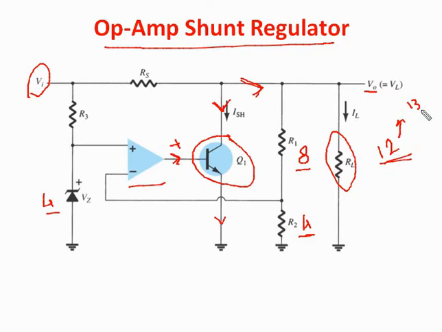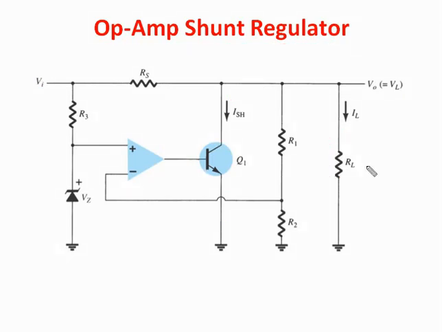Because the current IL is reduced, the voltage drop across the resistance RL, or load, is decreased from 13 volt to 12 volt. So here we get a constant 12 volt. Suppose we consider 12 volt as the required voltage, but it is decreased from 12 volt to 10 volt. So here we get a voltage lesser than the 4 volt.